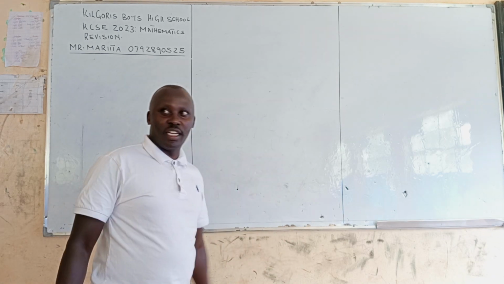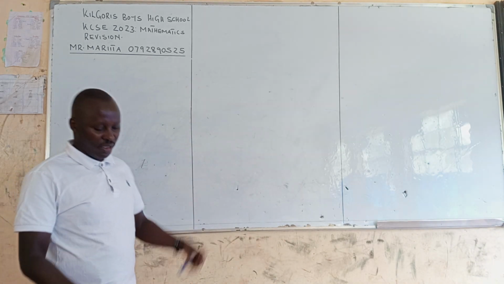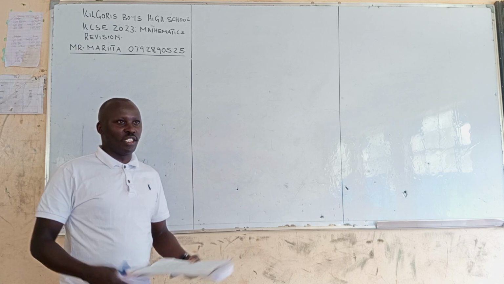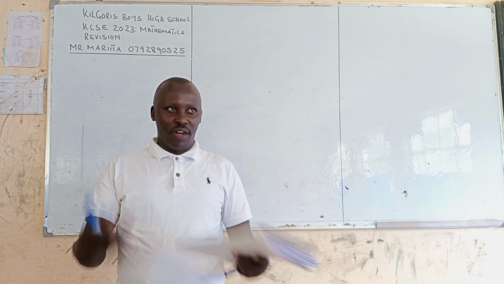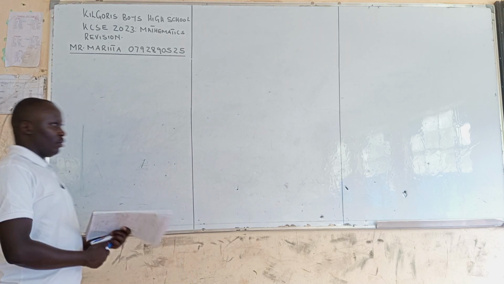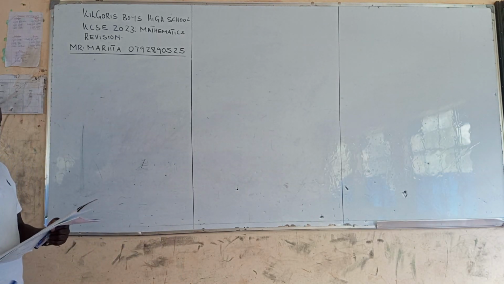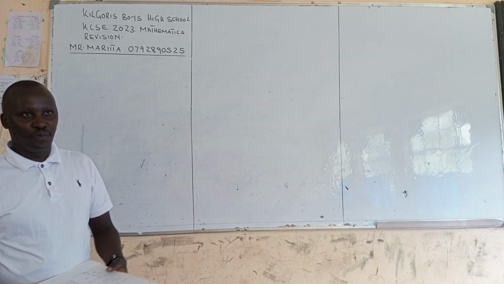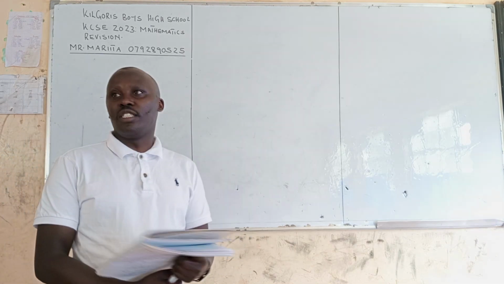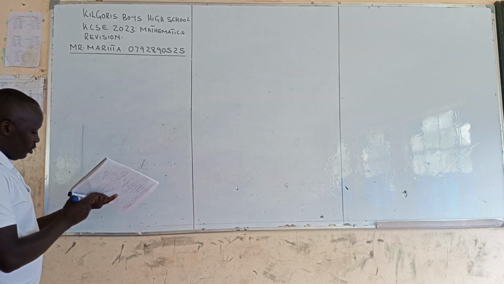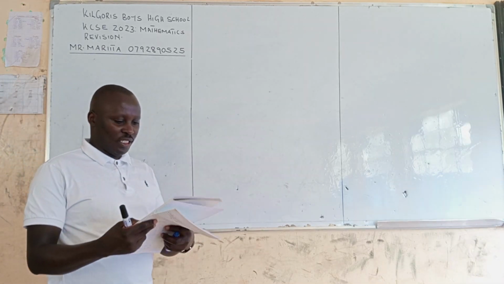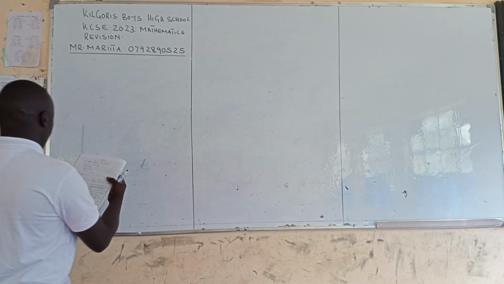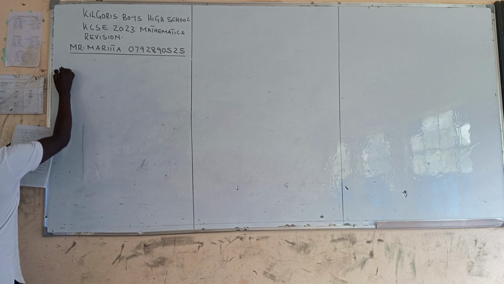Today we are looking at KCSE revision mathematics for Form 2 or Form 3, and our topic is further logarithms. We have a question here from KCSE 1992. Without using logarithm tables, solve for x in the equation, and the equation here is